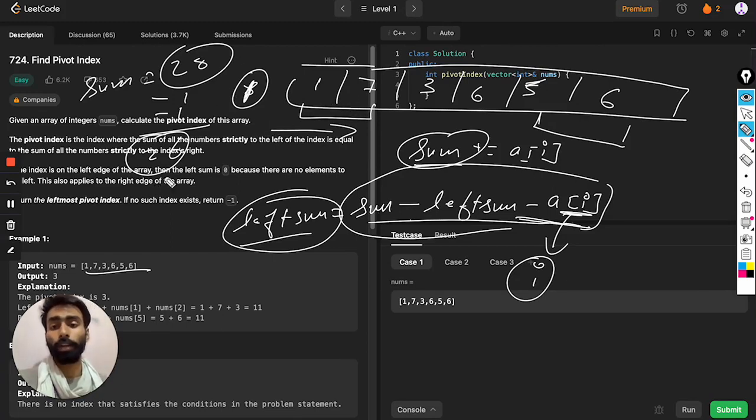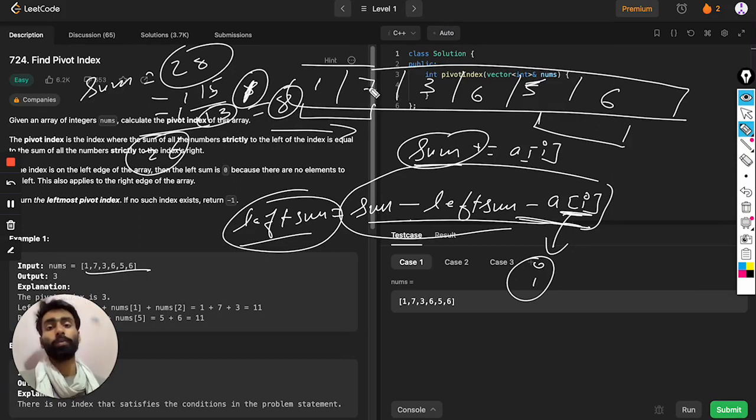If we subtract 15 from 28, it becomes 13. So it is not equal to the left sum, that is 8.